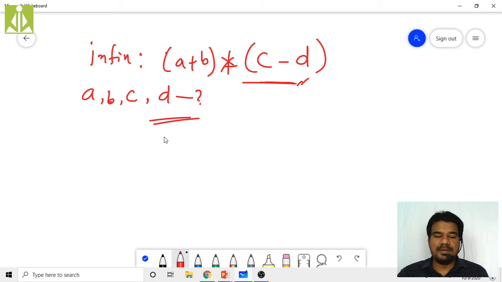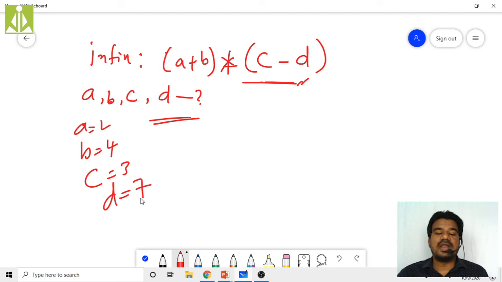So how will it be? Assume A value as 2, B value as 4, C value as 3 and D value as 7. Take these values and substitute them. Then our expression will become 2 plus 4 multiplied with 3 minus 7.